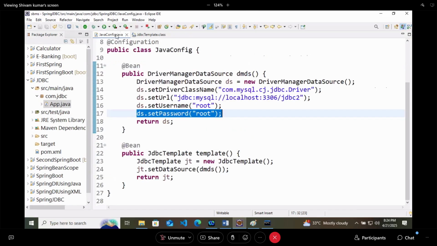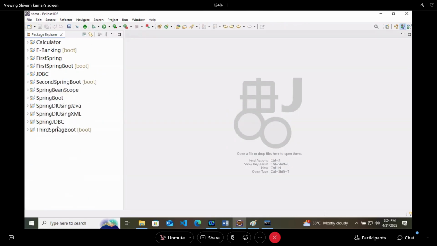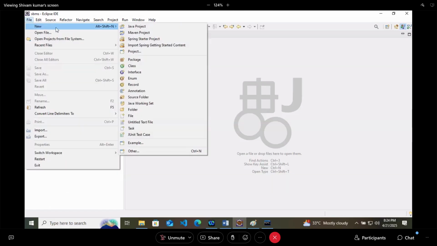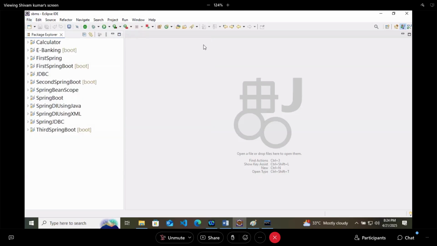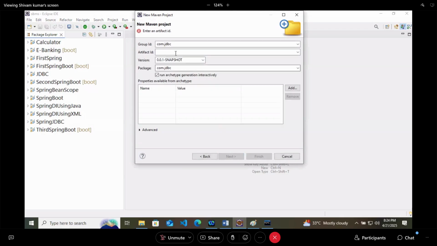So in the first step, what we are doing is developing a Spring application. Spring application means no specification. We will create a Maven project. So here I am creating a Maven project, archetype as quick start. Artifact ID is employee MS, which means employee management system. We will just finish it.